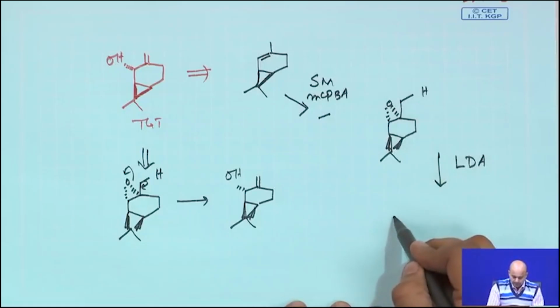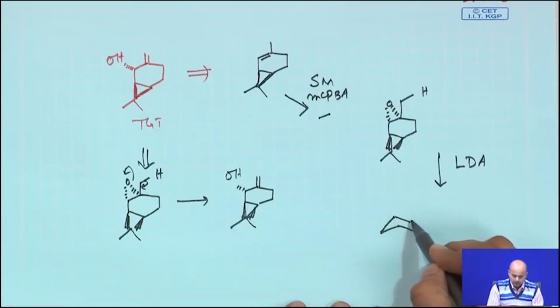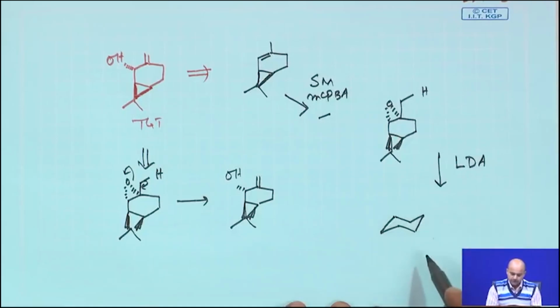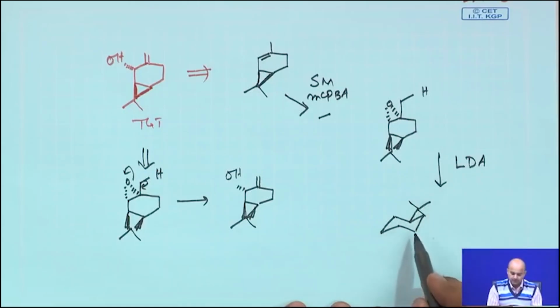Now we will try to analyze which hydrogen will be abstracted. For this, we will write the cyclopropane in its 3-dimensional structure, and then you say the cyclopropane is here, and then you can figure the epoxide